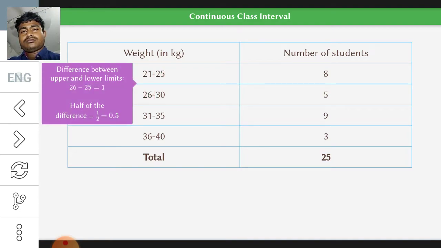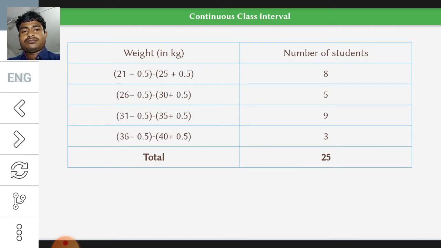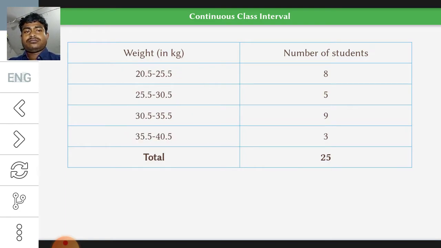Here, the difference between the upper limit 25 and lower limit 26 is 1. And half of this difference is 0.5. Adding half of this difference, which is 0.5, to each of the upper limits and subtracting the same from each of the lower limits will give us the new continuous classes. Thus, the new class intervals formed will be